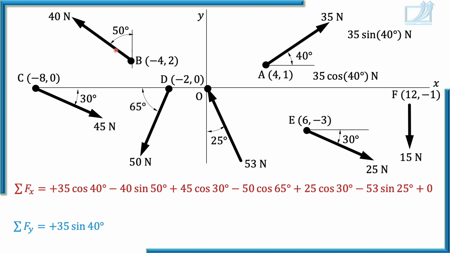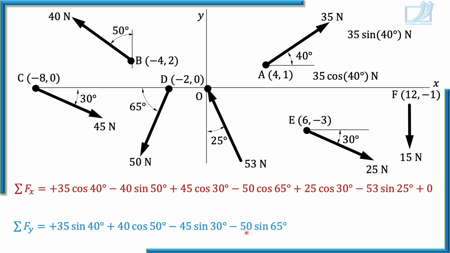This force is upwards, that's why positive, and we are using angle with y axis, so y component is cos of that angle. So 40 cos 50. This force is downwards, that's why negative, and we are using angle in the diagram with x axis for this force. So y component is sine of that angle. So here x component is cos, that means y component is sine.